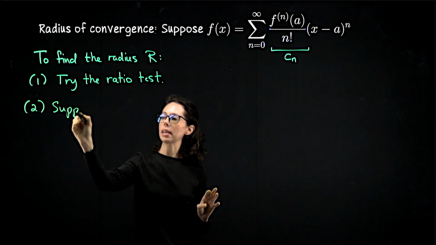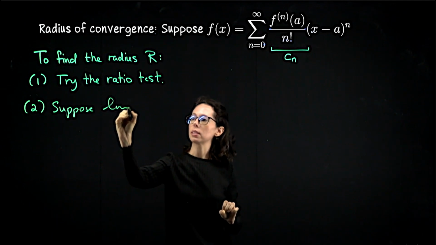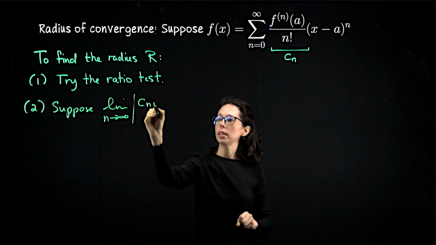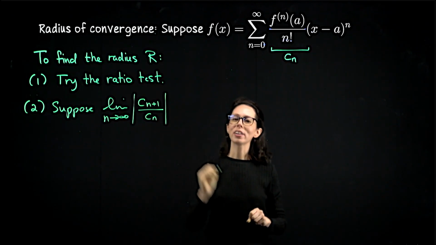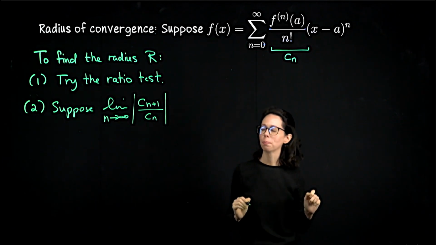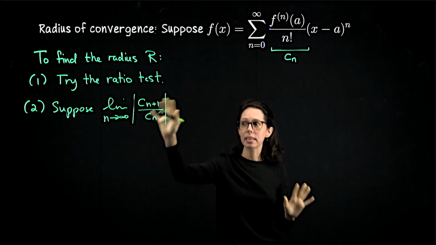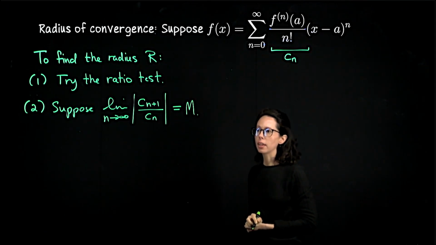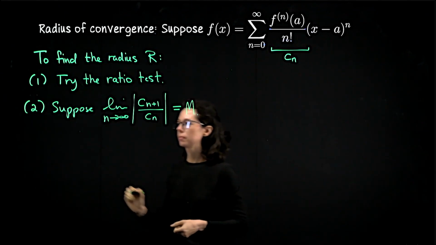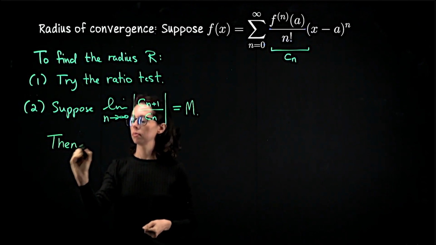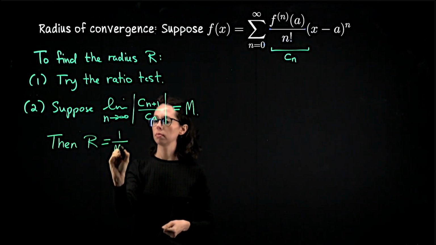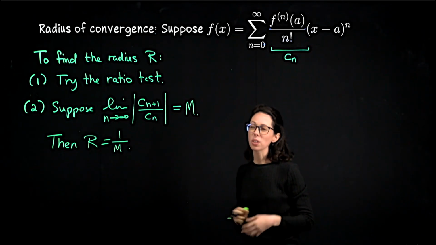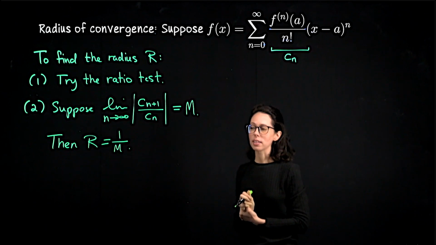Suppose this limit exists. So suppose I set up the limit as n goes to infinity of just the ratio of coefficients, Cn plus 1 to Cn, right here. It doesn't actually matter that I've given them this special form. Suppose that this limit exists, so let me say it's equal to some number m. Then the radius is 1 over m. I'm writing this here as if m was a finite positive number, but we can also extend this to the cases where the radius is 0 or infinite.